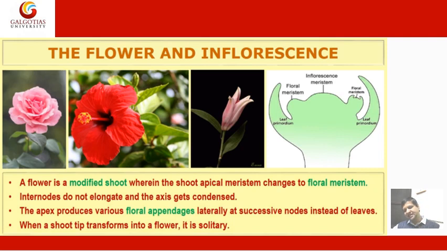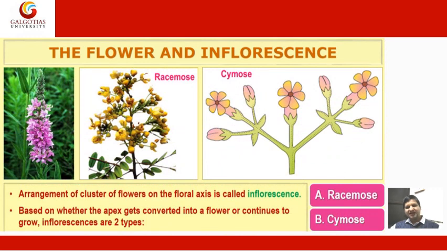If you see the image, there are lots of beautiful flowers, and here is a typical example where there is the leaf primordium, floral meristem, inflorescence meristem, floral meristem, and leaf primordium. Through this structure, you are able to understand the flower. You will see the different types of flower arrangement.